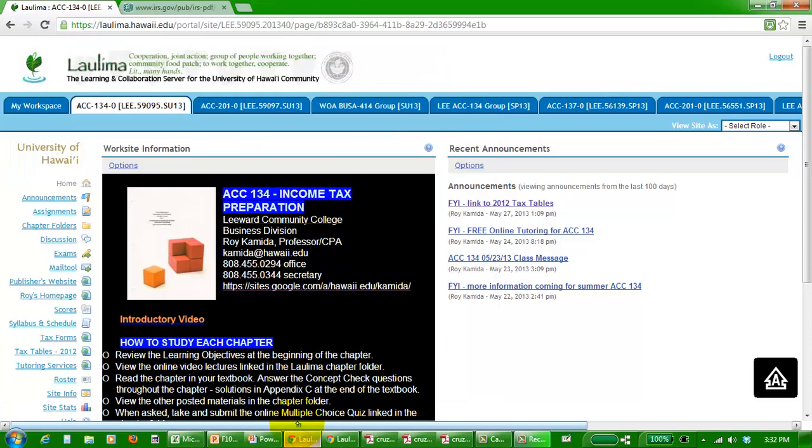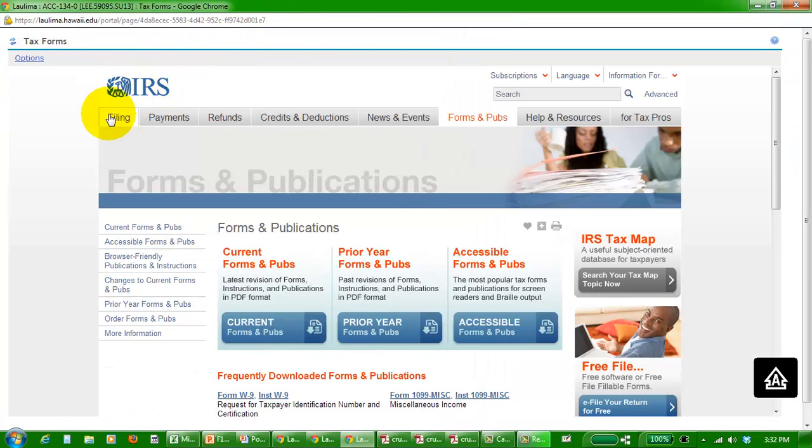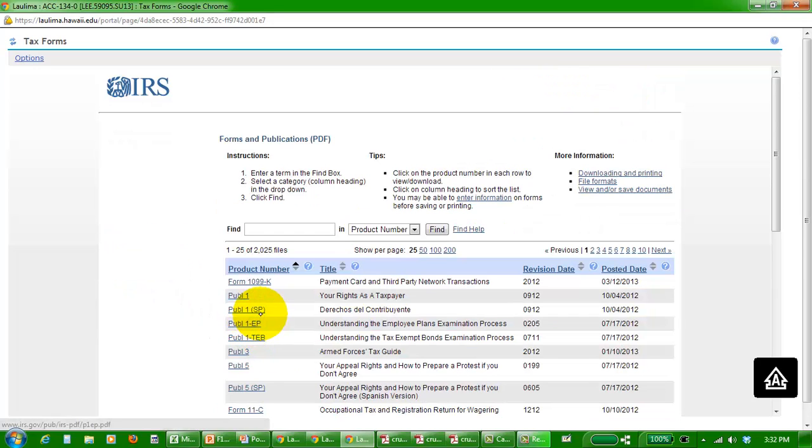Here on our home page, let's go ahead and download the 1040EZ form by clicking on this tax forms link, where it opens up a window at the IRS site for downloading tax forms and other tax publications, either for the current year, which right now is 2012, or for prior years, 2011 and earlier years. Since we're doing a 2012 return, let's just go ahead and click on this current button, and there's over 2,000